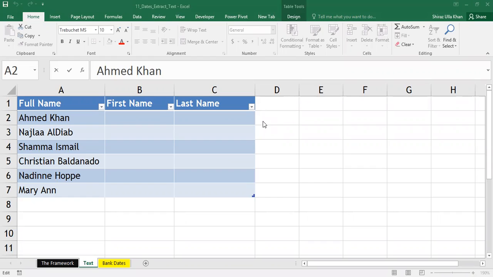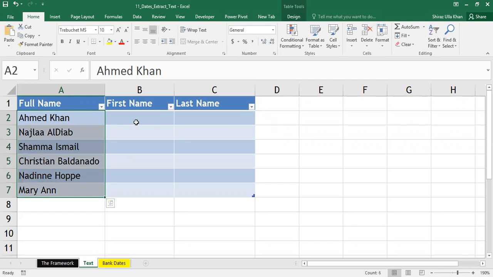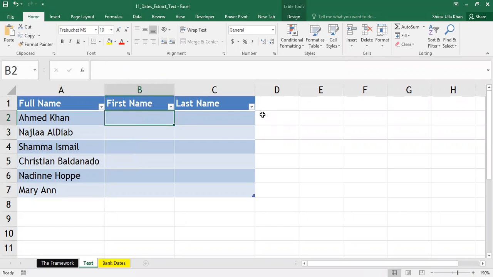Now in this text sheet, people, the first example which I'm going to explain and teach you is how to split text data. So here, in column A, I have the names of the people, and in column B, I want the first name, and in column C, I want the last name. Okay. So let's start the process. As I told you at the start of this video, the text to column utility is just a three-step wizard, where we just need to follow the steps and our end result is achieved.